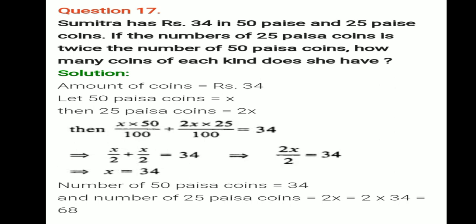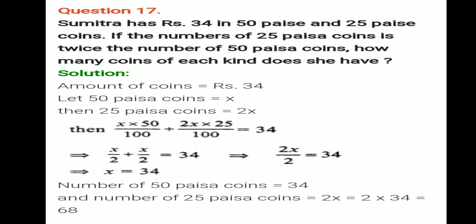Being the total amount is 34 and it is in rupees, what you are going to do is, either you change the paisa into rupees by dividing by 100 as it is done like this, or if you want to avoid the confusion of fractions, you can do so by changing the 34 into paisa by multiplying it by 100. So here it will go.